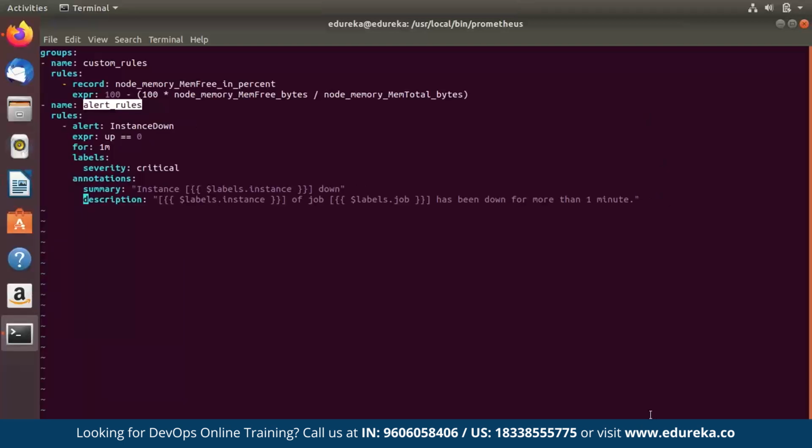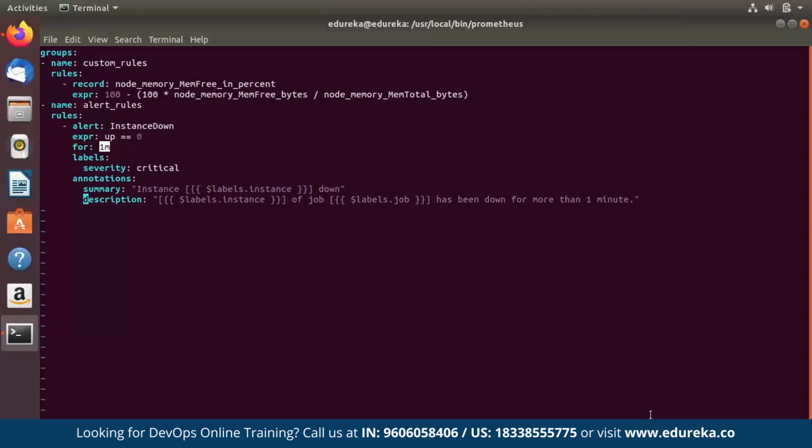So I've created a rule named alert rules, and this alert will allow you to recognize when your instance is down. So we currently have the Prometheus instance that is running, and we also have the node exporter that's running. So if any of these instances go down for up to 1 minute, then the alert will fire. Okay.